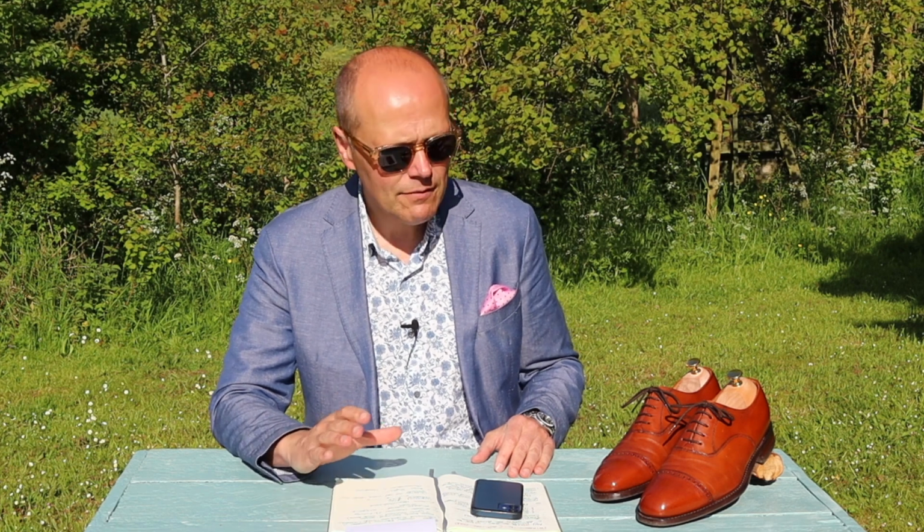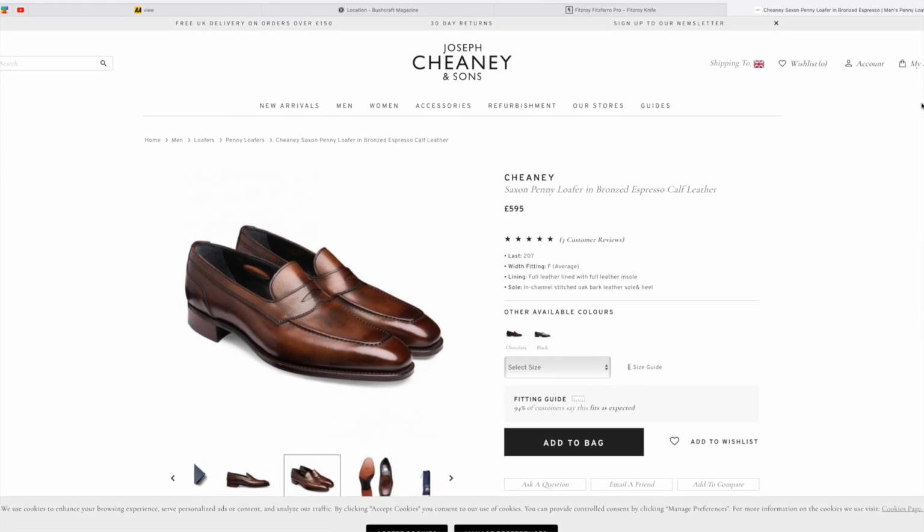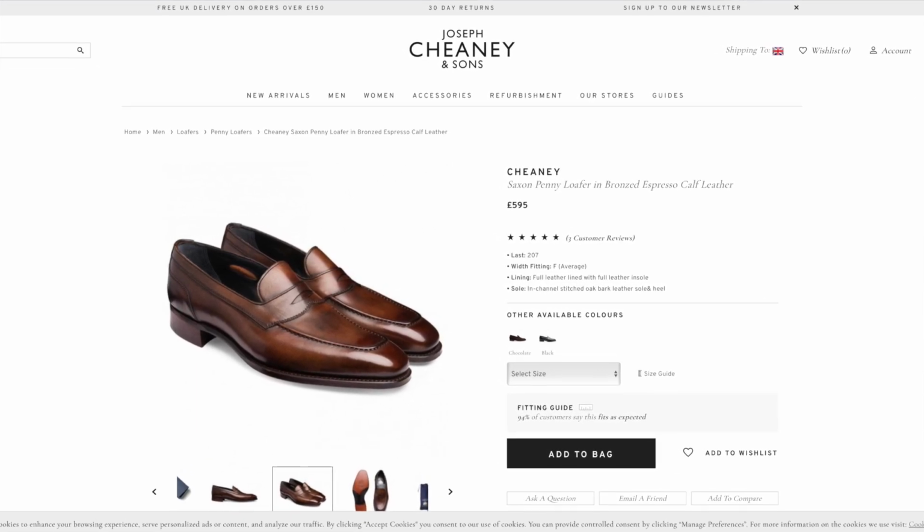Now, I understand what you're saying. These shoes you've purchased, they are absolutely beautiful, and I love that colour, that finish on the leather myself. I don't own a pair like that, but I would be delighted to do so. And you're a very lucky man, because I know the loafers that you're talking about, they retail for around 600 British pounds, and I think it's called the Saxon Penny Loafer, which has a sort of bronzed espresso colour,